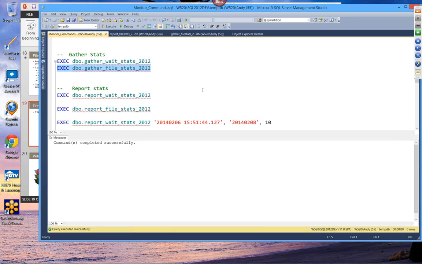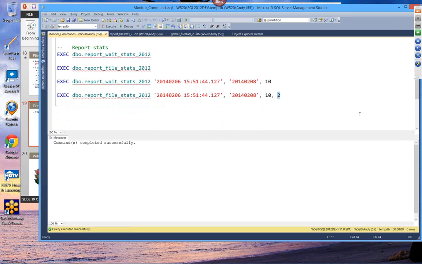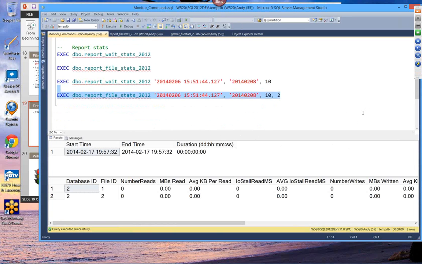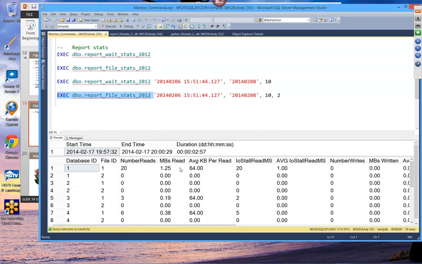So if I wanted to look at just TempDB, I could run this, and I could put in like this one here. I could put, actually that's for wait stats. Here's one here where it's got database 2. These snapshot times are not going to correlate, but if I ran it, it's only giving me TempDB, DB ID 2. But let's just run the report with the defaults, and it's going to give me